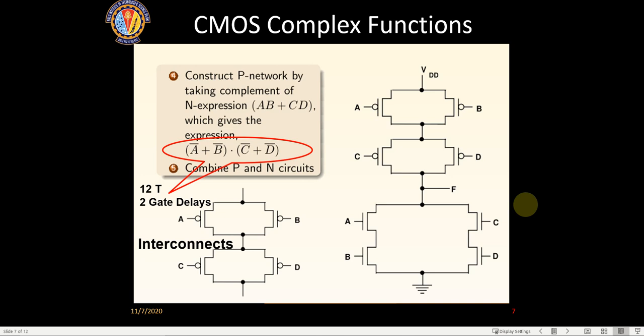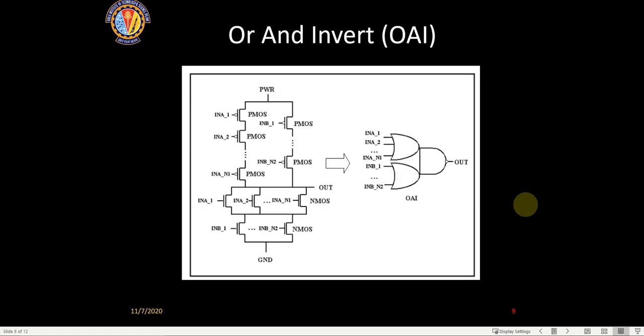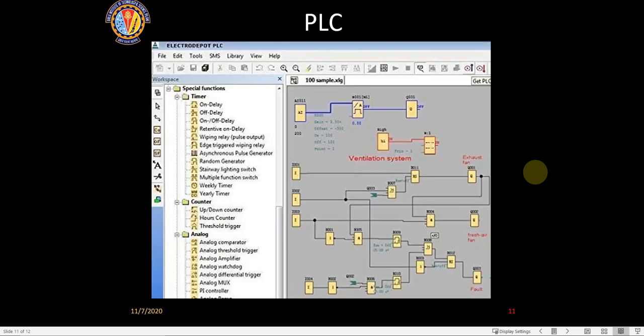I am trying to relate a few industry things into these lectures. This is not going to be part of your examinations, but tomorrow if you work in a field, you will at least remember that we learned something like this in digital electronics, so you will not be blank.